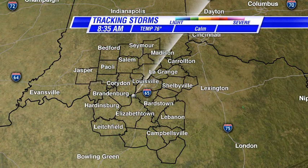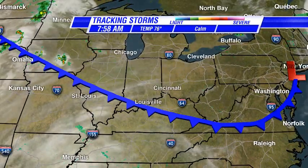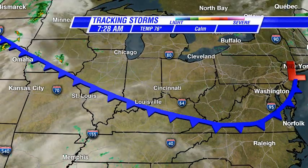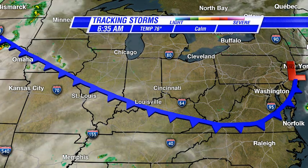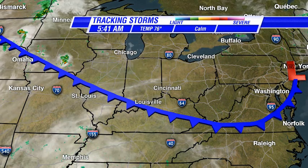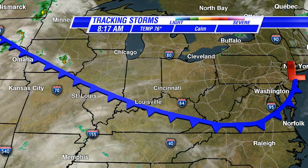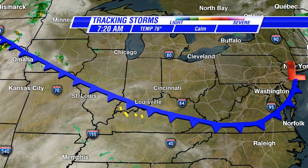And of course, on our Storm Tracker 3D radar, that's been nice and clear. I've got the sensitivity turned almost all the way up on this, and it's not picking up much at all. You'll notice we do have some clouds streaming in from portions of Missouri, though, and portions of Tennessee as well, western Kentucky. A few isolated showers tried to pop up near Jackson, Tennessee earlier. They did not do so well. So now we're just left with this very, very weak sagging southward cold front, and it's sagging southward at a rate that is very low at this point, so really it's not going to be moving too quickly as we head throughout the day, but it may become a focus for very spotty, isolated showers and thunderstorms as we head